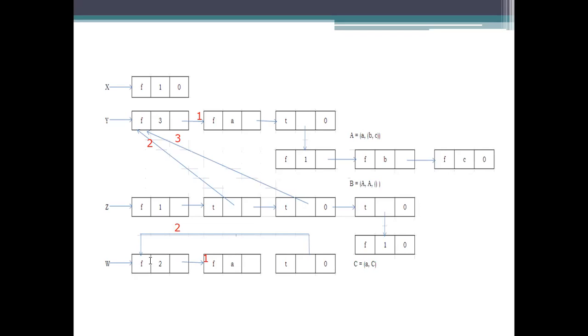No need to represent it as infinity. So the calls have been placed once. We need to represent the count here, and we are making this recursion on this reference count only. So whenever you are placing a call to that one, the reference count increases. Means whenever you are using the C, the reference count increases here. And coming to this one, Z is having an empty one. So how is this empty one represented? The false is a tag, 1 is a reference count, 0 is the last one, because it does not have any other elements to be connected here.